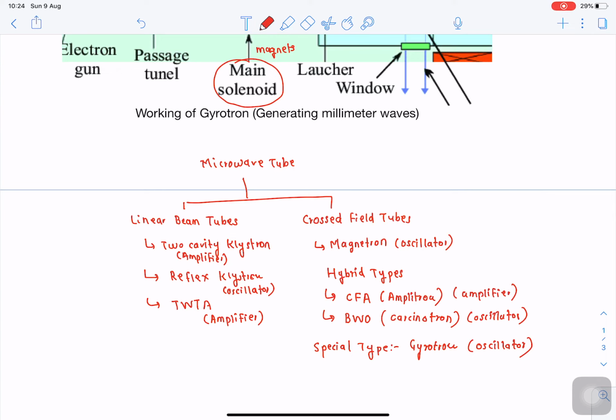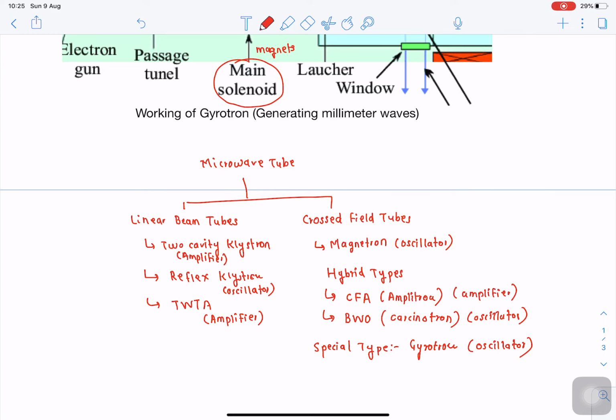With this discussion we saw each of the different types of tubes, their construction, working, and application. For some of the basic primary tubes we went through certain mathematical derivations, and for the remaining hybrid and special types of tubes, we studied theoretically their construction, working principle, and application. I hope the explanation of all these tubes is clear to you, and you have enough idea to understand the principal working of all these different types of tubes.